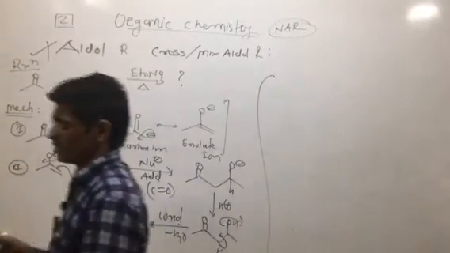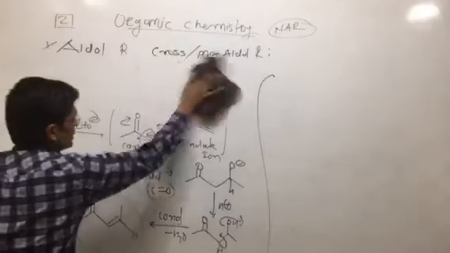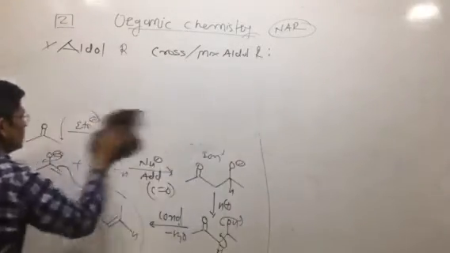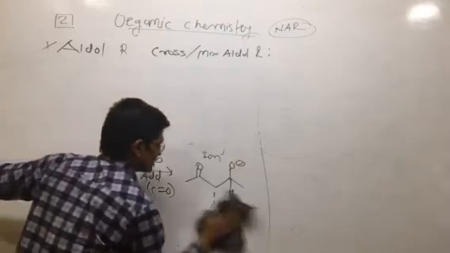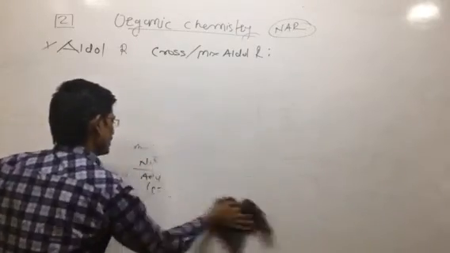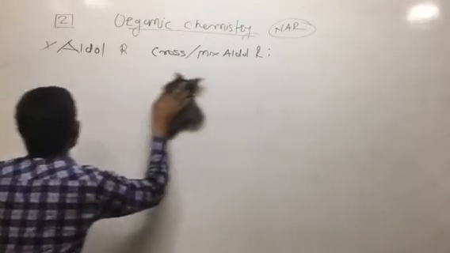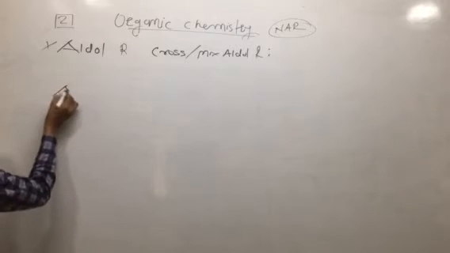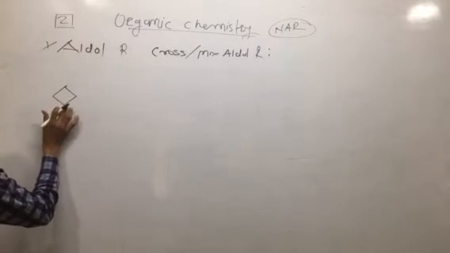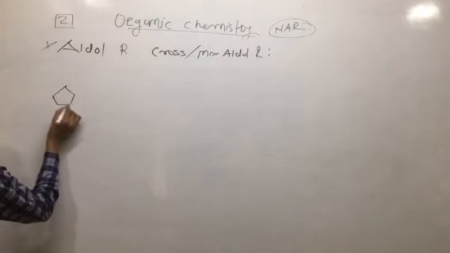Here we can take an acyclic compound as well, and here a cyclic reactant molecule, such as cyclopentanone as well as cyclohexanone. In your computer exams or board exams, the MSc semester exam will ask such types of questions. If you have to predict the product, you have to provide such types of reactant molecules.